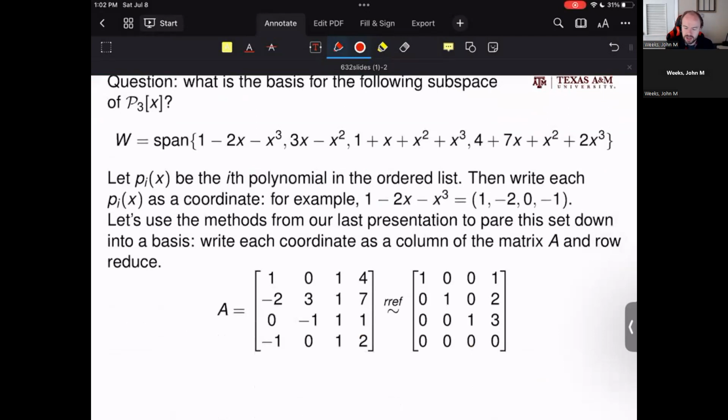So you can see each column is written with respect to the coordinates that belong to each of these spanning elements. Now, what we're going to do is start trying to pare this down. We're going to try and write this as a basis to figure out what to answer our question that's given here. Well, to pare it down as a basis, we remember that we can do one of two